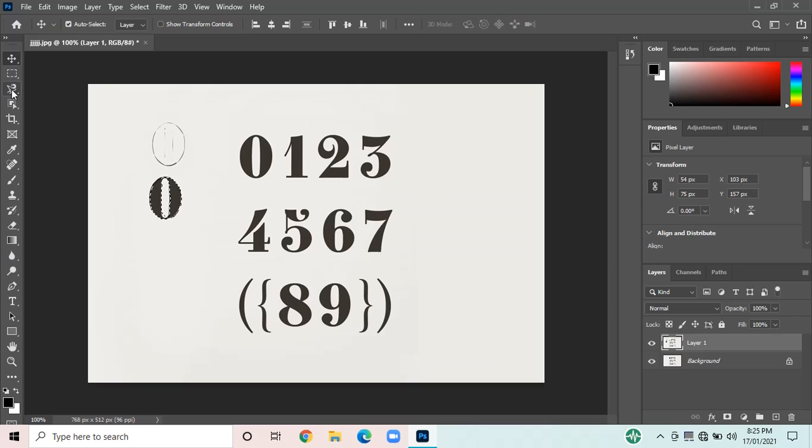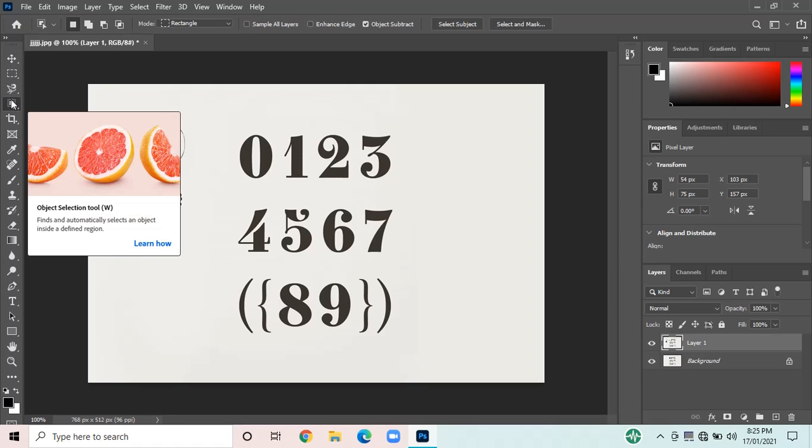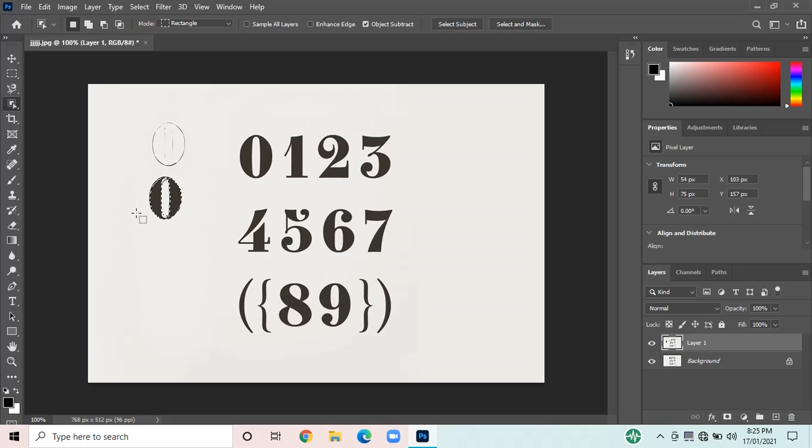Now we will move further with the object selection tool. This is a new feature added in the latest versions. It was not available in previous versions. What it does is, as you can see over here, it finds and automatically selects an object inside a defined region. That is, it eases the way of selecting the object.